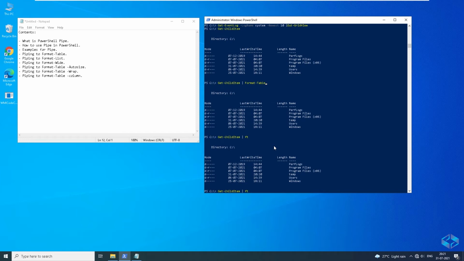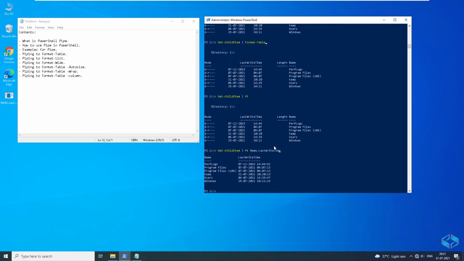So this is one, and you can put Name and LastWriteTime. You can get this view. So this is what you will get in the Format-Table view.